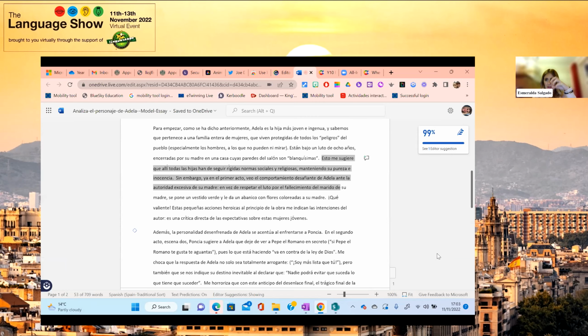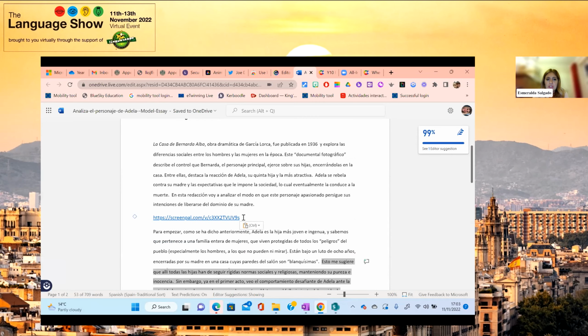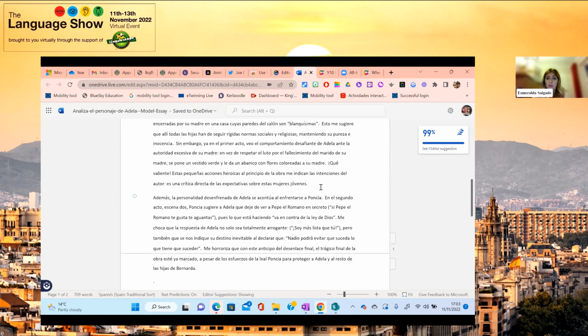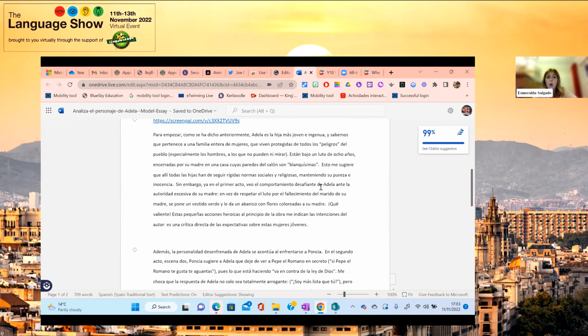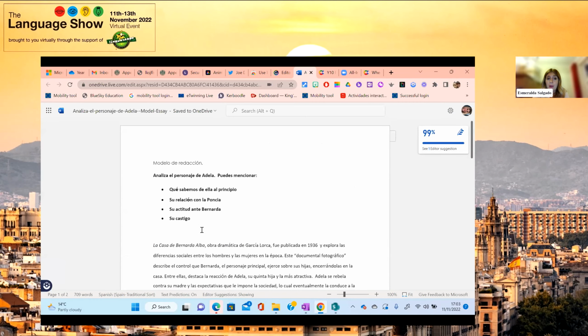As I said, it's blank because I'm using the camera, and then you give the student automatically a URL. And I think this is absolutely revolutionary to mark essays really quickly. And then you can have several in one essay or just one. So you can, for example, mark a paragraph, do a little bit of feedback, read another paragraph, another one, or one little URL for all of them. And that's my idea. So it was as simple as that. Nothing revolutionary, but I thought it was really good, and I love it.